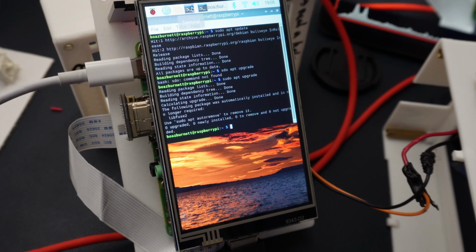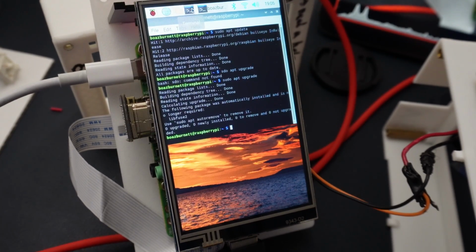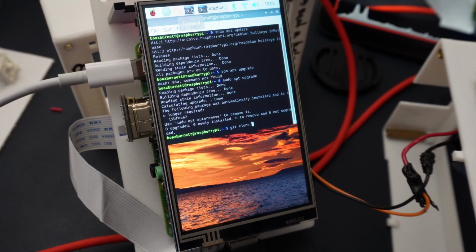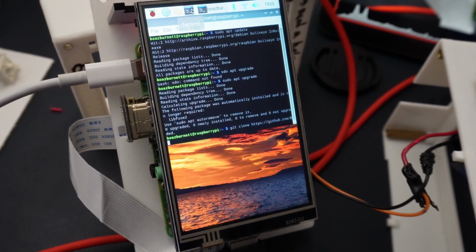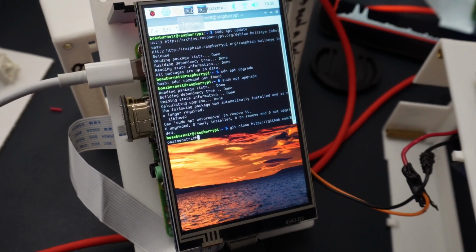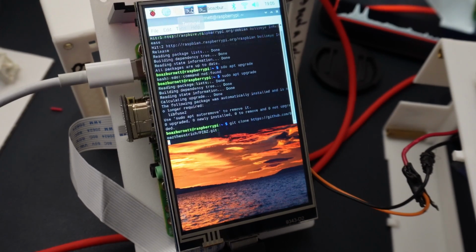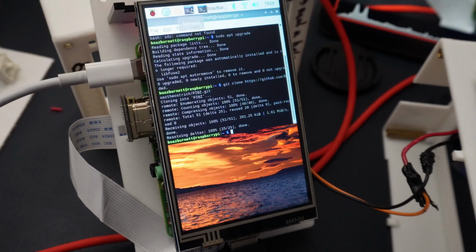So now what we're going to do is we're going to go over to a different script here. So what you're going to want to do is type in git clone https://github.com/Boaz the ostrich. Make sure you capitalize the capital B, and then PIBZ all capital .git. All right, now that you're there, what you're going to want to do is using the mouse, go to